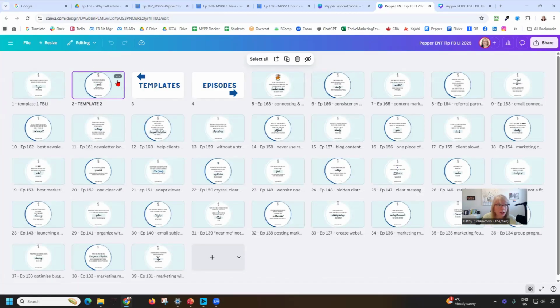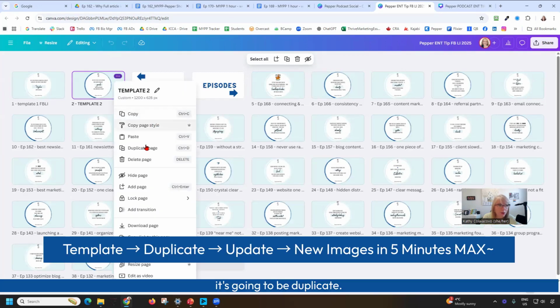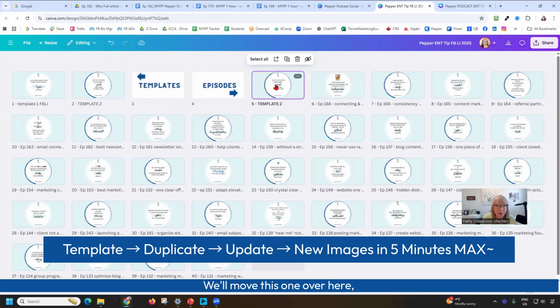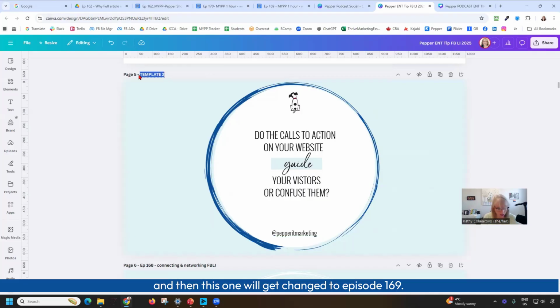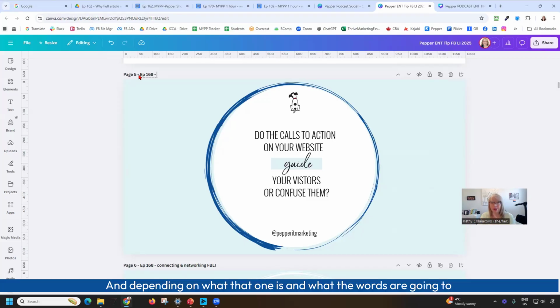So each week we'll come in. So next time we come in to write one of these, it's going to be duplicate. We'll move this one over here. And then this will be the one that my VA will go in and change. And then this one will get changed to episode 169. And depending on what that one is and what the words are going to be, we would name the file